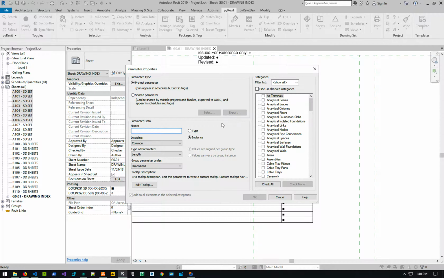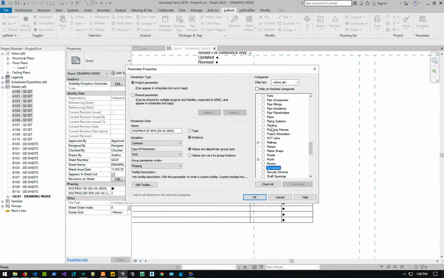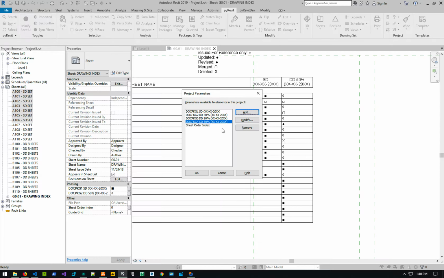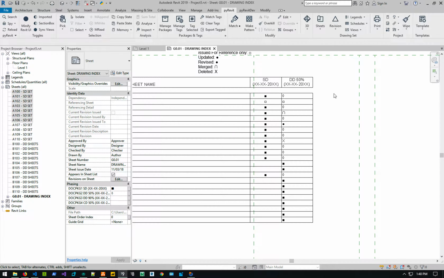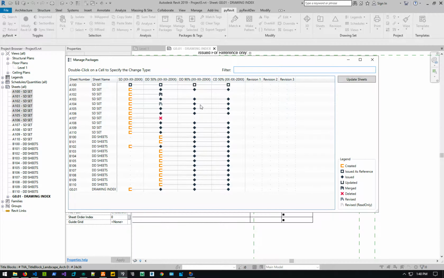I'm going to add one for here, and then let's do a CD. Okay, let's do this, and then launch packages. Let's clear that. Okay, so you can see, because we committed all these new sheets in the DD, we updated